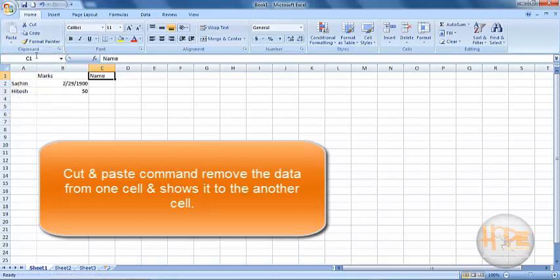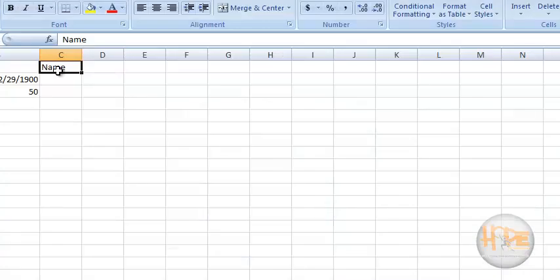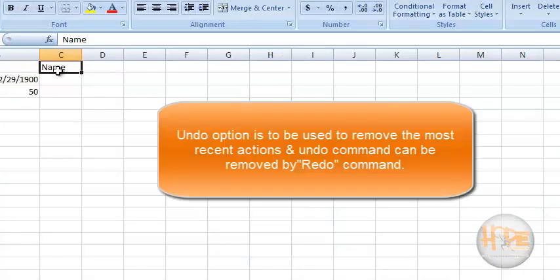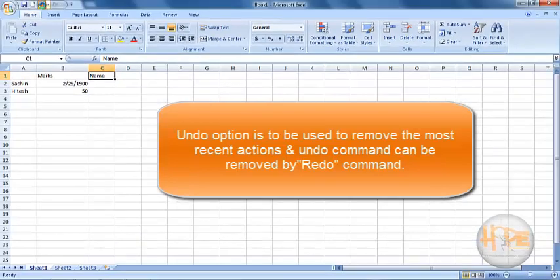You can see the data has been removed from its previous cell and it is shown in another cell. You can also remove the most recent action here by the undo command, and also reverse the undo command with the redo command.